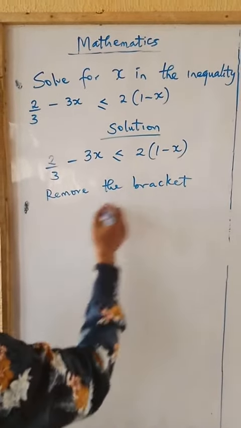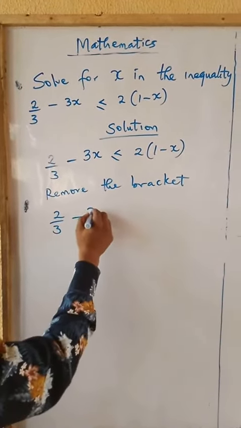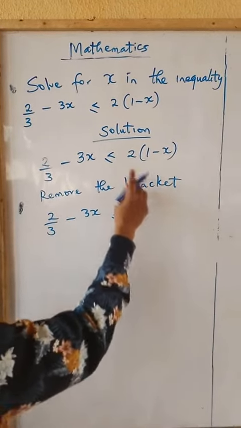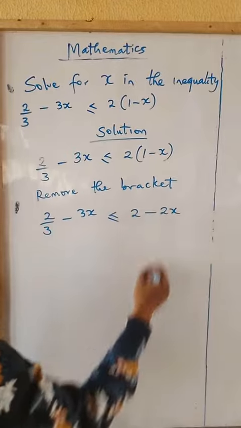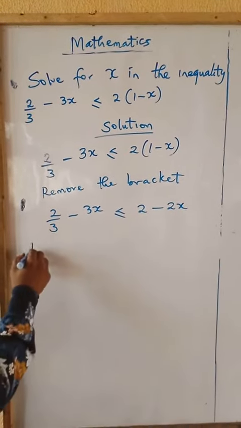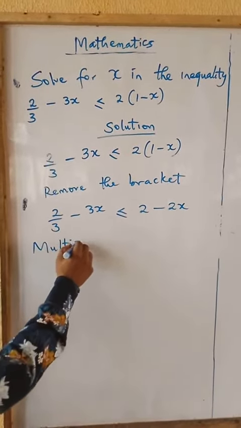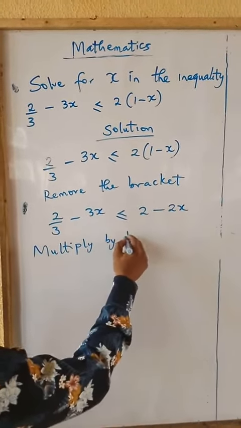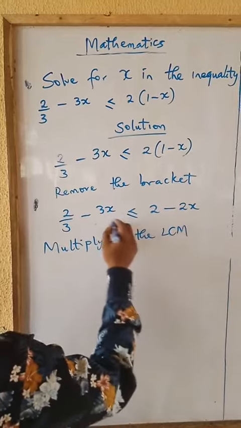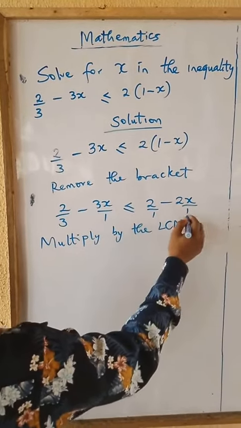And when we remove the bracket, we are going to have 2 over 3 minus 3s less or equals to 2 times 1 will give us 2 minus 2 times s will give us 2s. Then the next step is to multiply by the LCM. And the LCM here is 3,